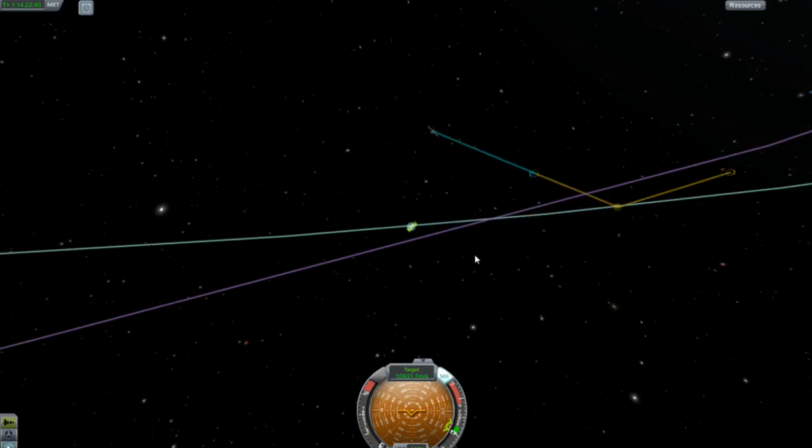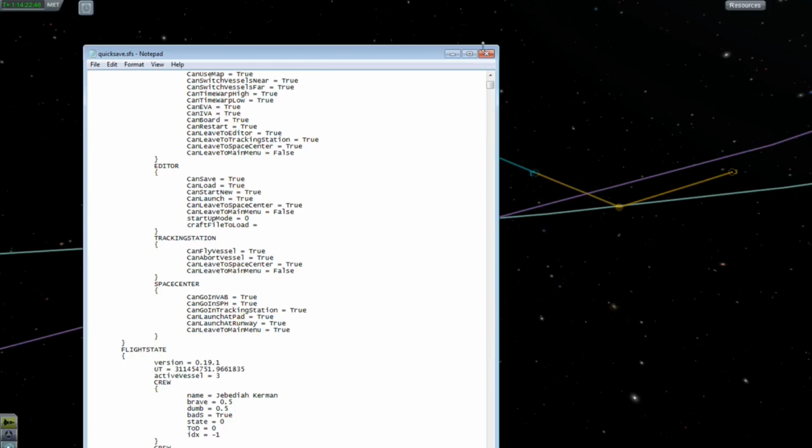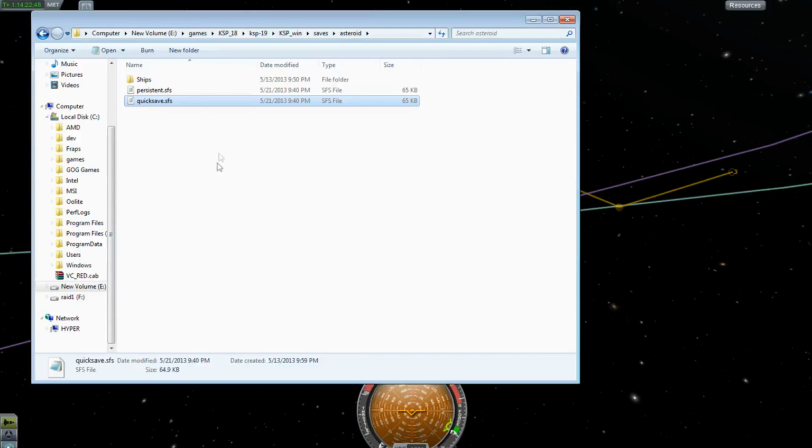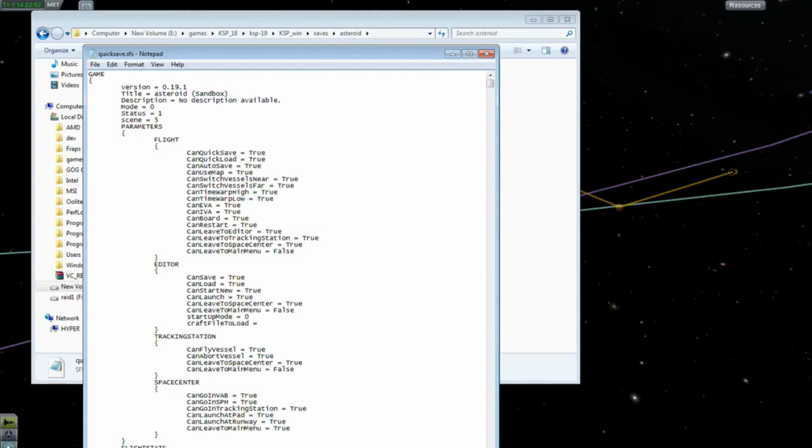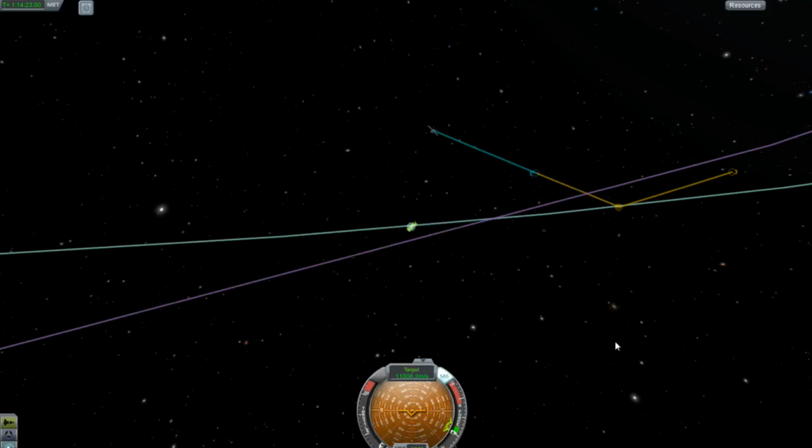We're going to save this now. So I hit F5. Now, what I have to do is go back and open this file again. Open the save file. So edit the quick save. Now remember we added a 3 on the front? We can get rid of that 3, and that puts us 10 years into the past. So if I save this and then hit reload,